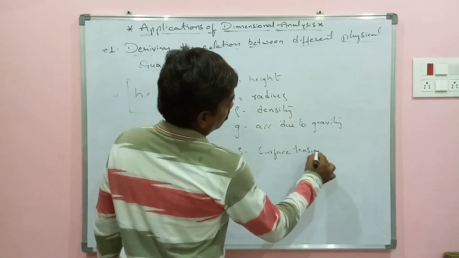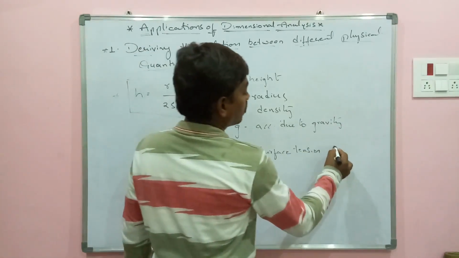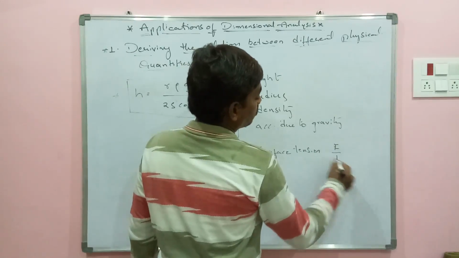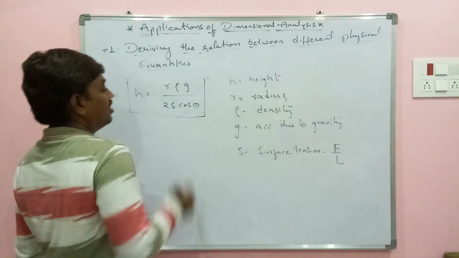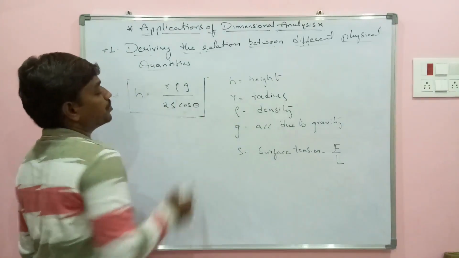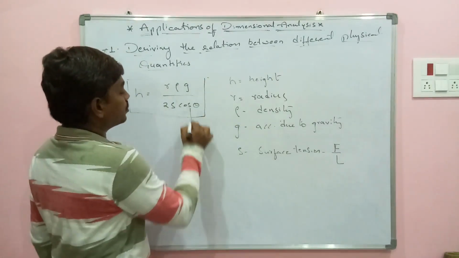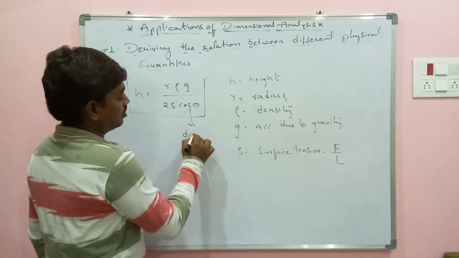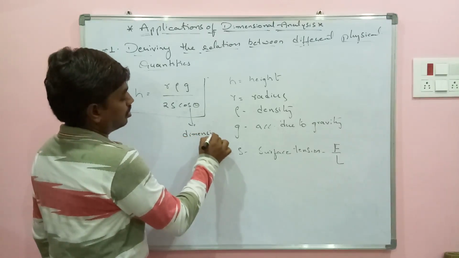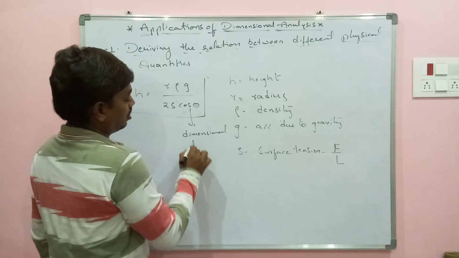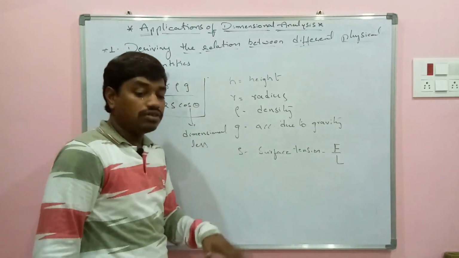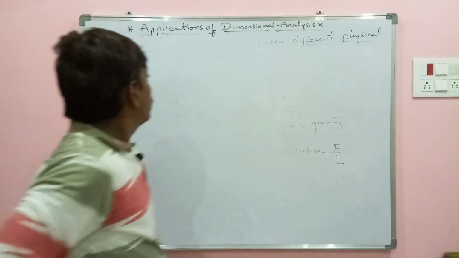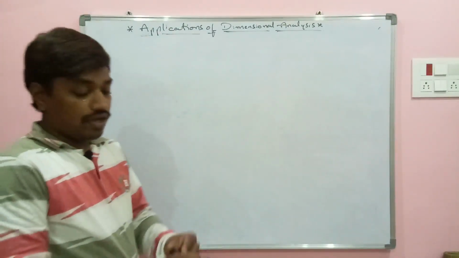Surface tension dimensional formula will be the same as force by L, F by L. You can apply that. And I have cos theta. Cos theta is a trigonometrical function. Trigonometrical function is dimensionless. If it is right, leave it. If it is wrong, then what is the correct equation? Write down.